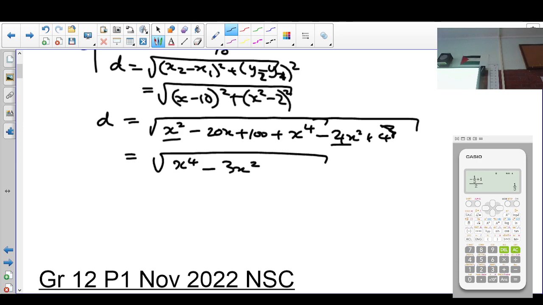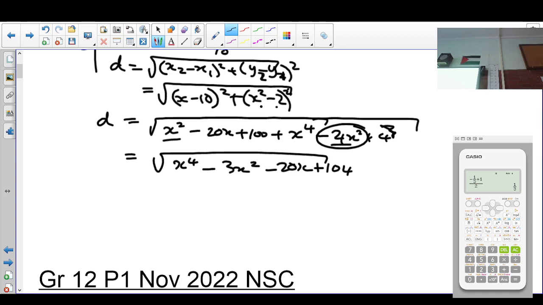Sorry? This here, 4, because it's that times 2. Let's check if I'm not making a mistake. Yes, it's negative. Yes. Minus 20x. Okay. Plus 4, plus 100. Is that correct? The multiplying out correct? Right. So what happens is now I've got a